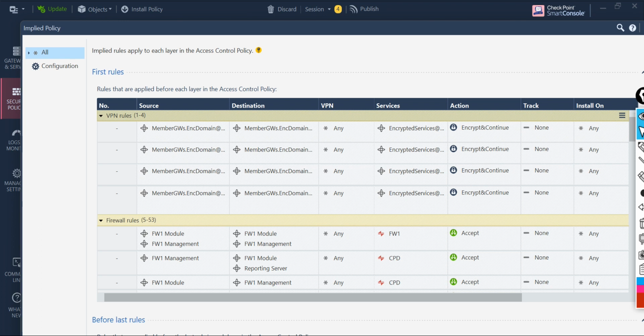An explicit rule is a rule that you create in the rule base. As I explained, explicit rules are displayed together with implicit rules in the correct sequence when you select to view implied rules. So I just said view implied rules, and if you come down here,